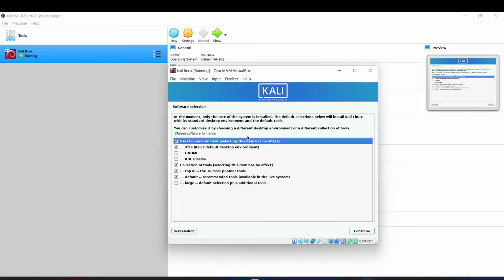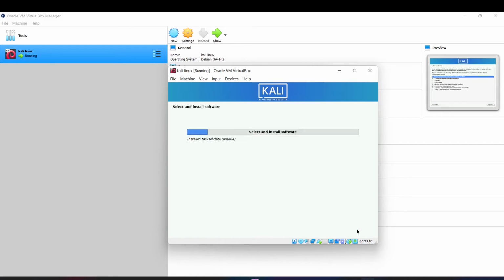Here we can see it is asking for the different types of desktop environments. So by default I'm going to keep the default, and then just click on continue. It is going to install some software, 2037 applications, or whatever you want to call them, on your Kali machine, because Kali is a bundle of hacking tools.